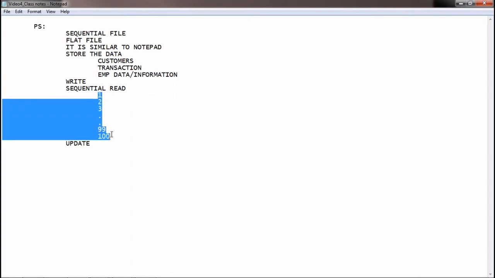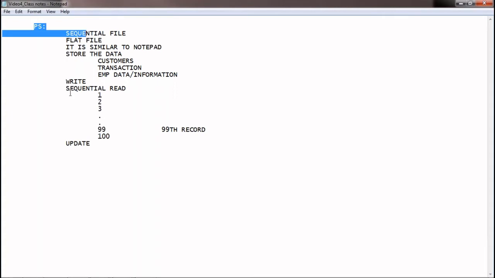If I want to read the 99th record, then first I have to read the first 98 records. Only then can you read the 99th record. Without reading 98, it is not possible to read 99 in a sequential file. That is the reason we call it sequential read. Reading the data from the first record till the end is called sequential read.